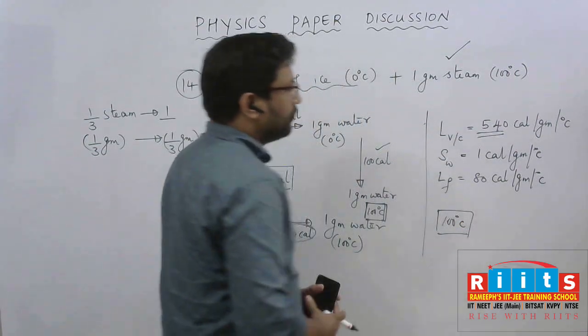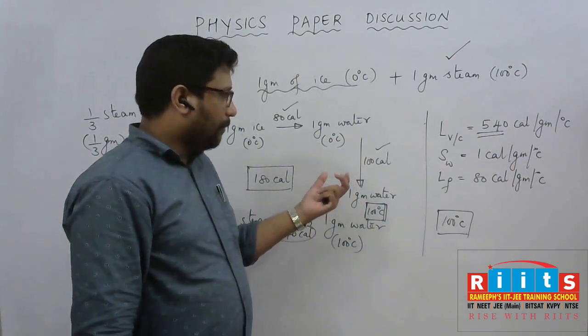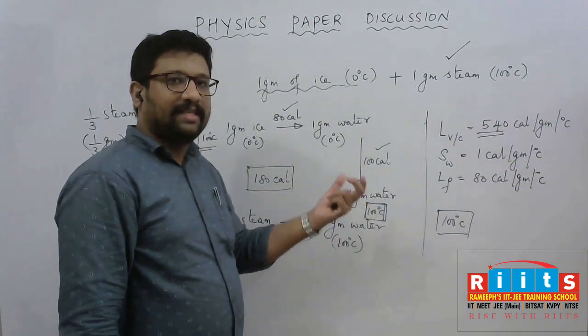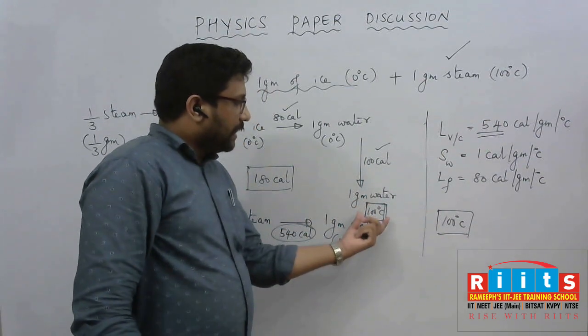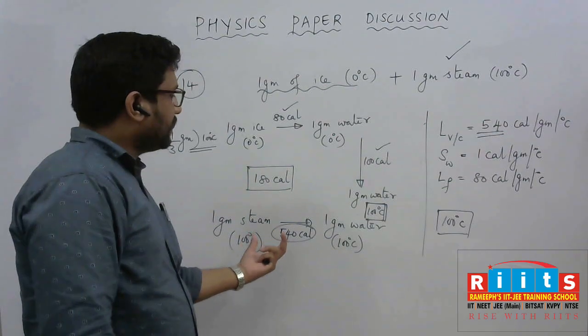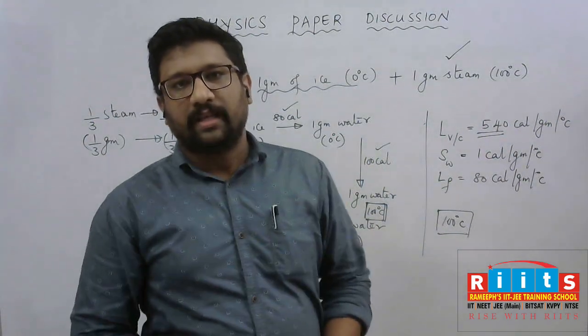So all the time when this kind of problem comes, you have to take a reference temperature. In most cases it will be 100, sometimes it can be 0. So you have to work from there. If the whole steam is not able to be utilized, then you have to adjust the values according to that. Is it fine?